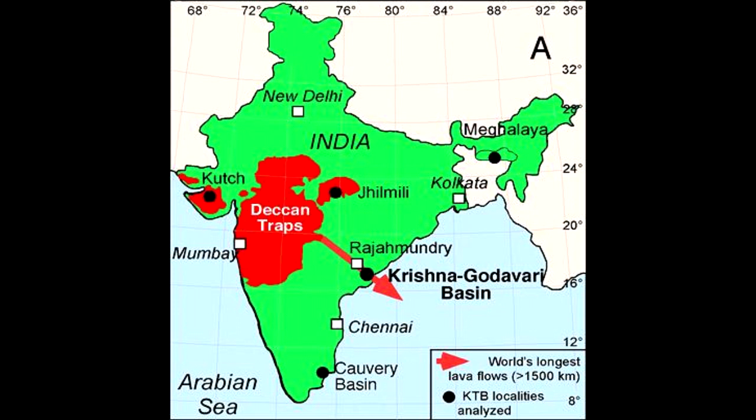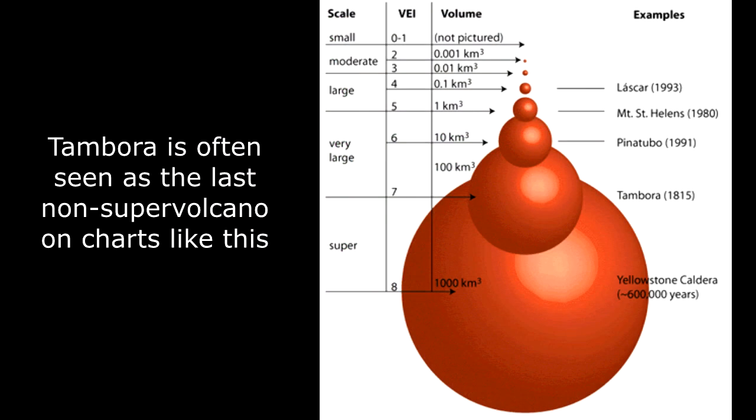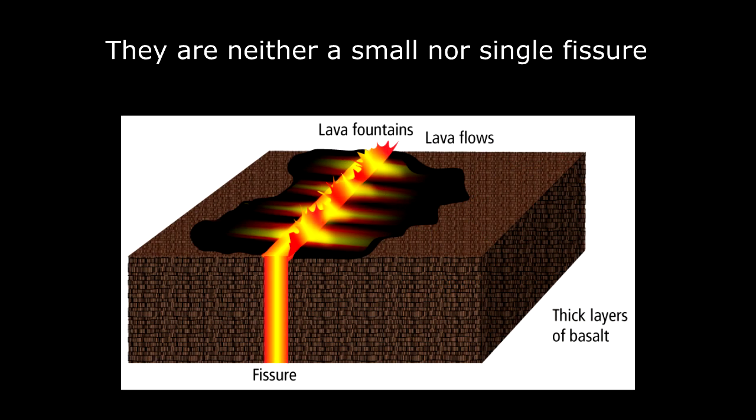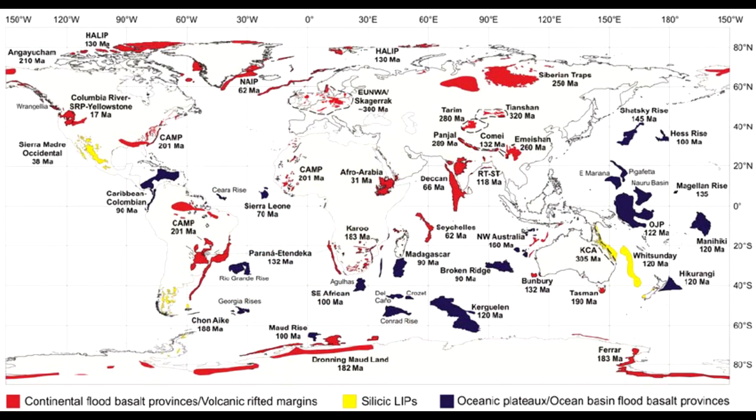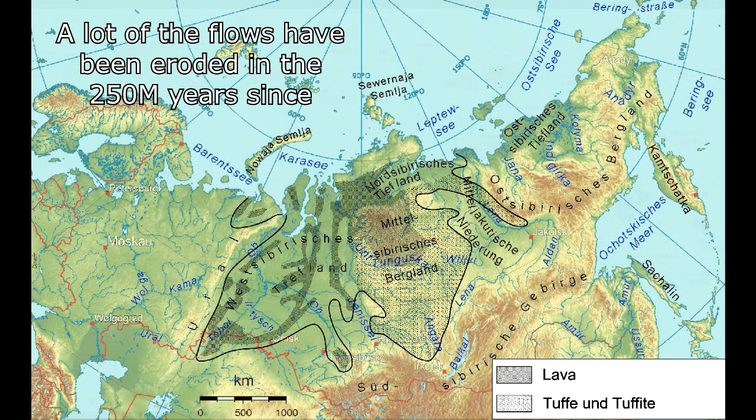For those of you that don't understand what a fissure eruption is, you know how a big volcano is just a big volcano, and then a supervolcano is an even bigger volcano. The fissure eruption is an even bigger volcano technically, and it's basically when you have a huge amount of lava coming out of a big crack in the ground, or big cracks, and it produces some of the largest igneous provinces on Earth. The Siberian traps, which erupted at the end of the Permian-Triassic boundary,